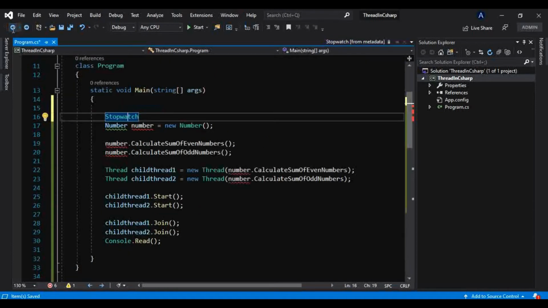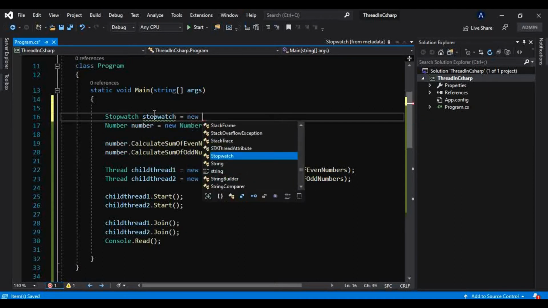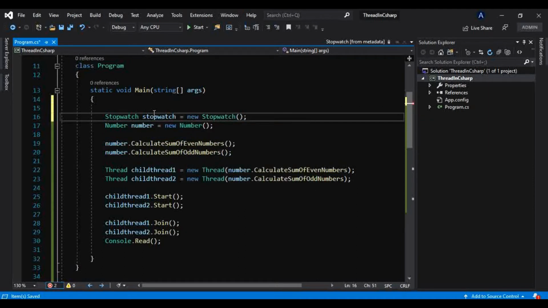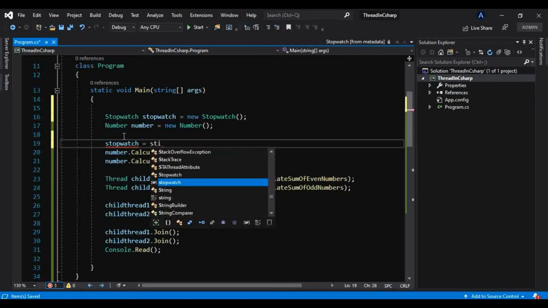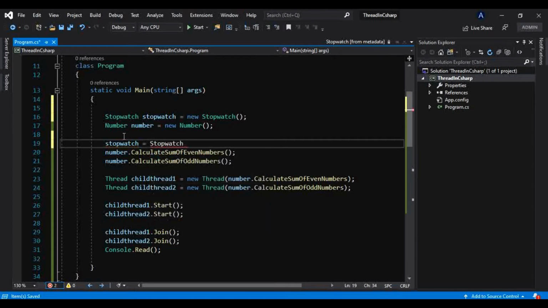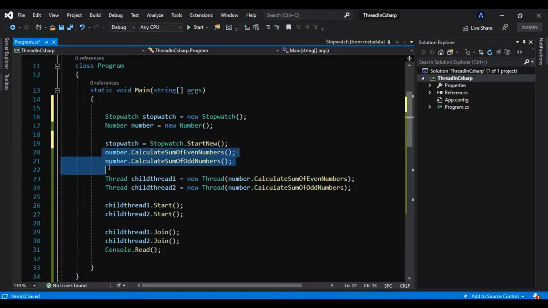So now what I can do, Stopwatch equals new Stopwatch, and I will make it start here with Stopwatch.StartNew, so that we will get the elapsed time, the time which is required to execute this method.